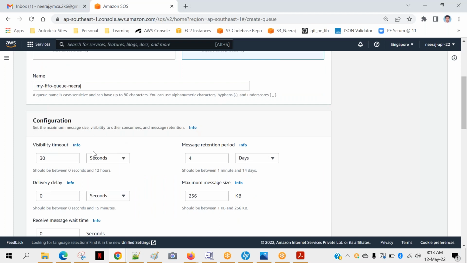like you can see here, visibility timeout. Your message will be visible to other applications, because immediately you don't want to process it. I will tell you an example. Like you put some message in the queue and immediately you don't want to process it, because behind the scene you want to put a delay of 5 seconds or 10 seconds, because suppose you made some